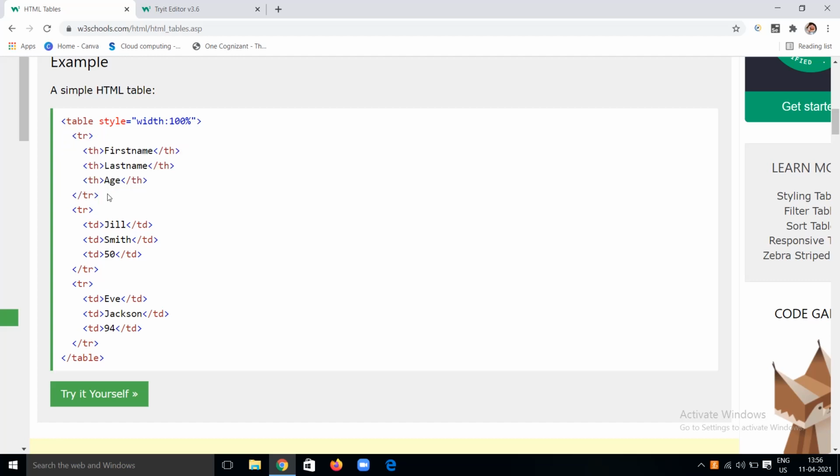In this first row, we are giving a header: the first column is first name, the next column will be last name, and the next column will be age. In the first row, we have three columns: first name, last name, and age. And the second row is where we are giving the data. This is the header part in the first row, and next the text data, I mean table data, which is the first name, last name, and age.